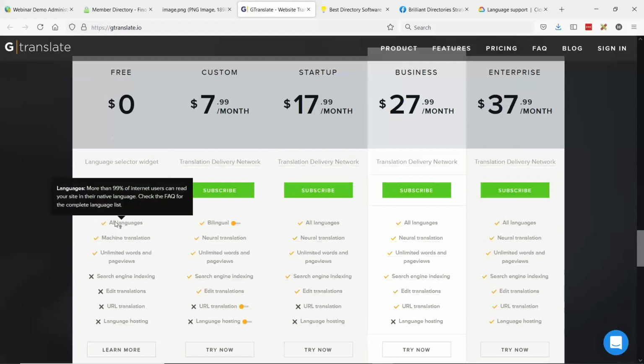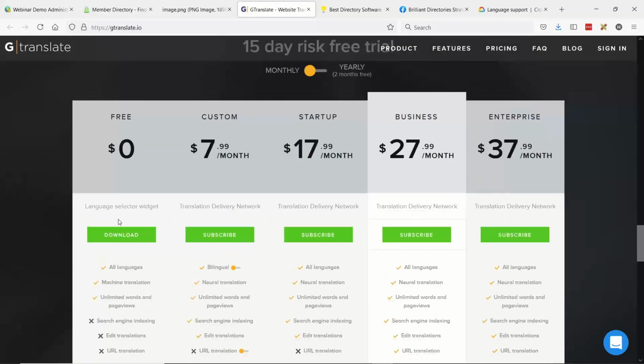But I think everyone, if you do need this, can start on the free plan and think if it might be a better option than the Google Translate add-on. Again, if you need a completely alternate and separate website automatically translated into another language, this seems to be the ticket here.